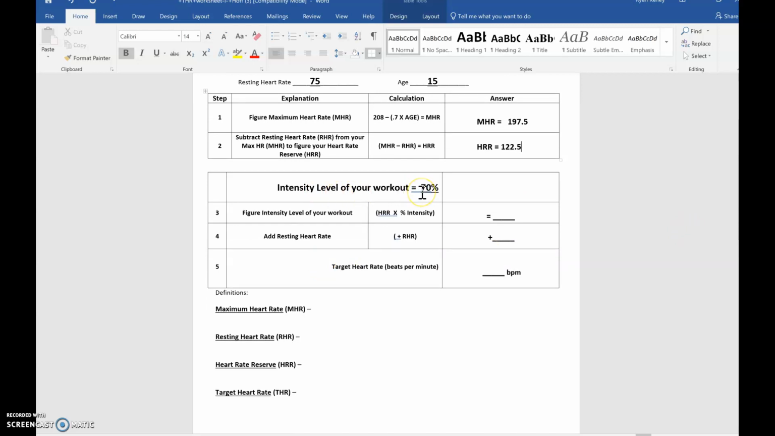Now you come down here and start working in the intensity level of the workout. We're going to put the intensity level at 70%. So you take your heart rate reserve and you're going to multiply it by the intensity level. Now keep in mind, because this is a percentage, you have to convert this to a decimal. So the equation should be the heart rate reserve of 122.5 times 0.7, which is going to give you an answer of